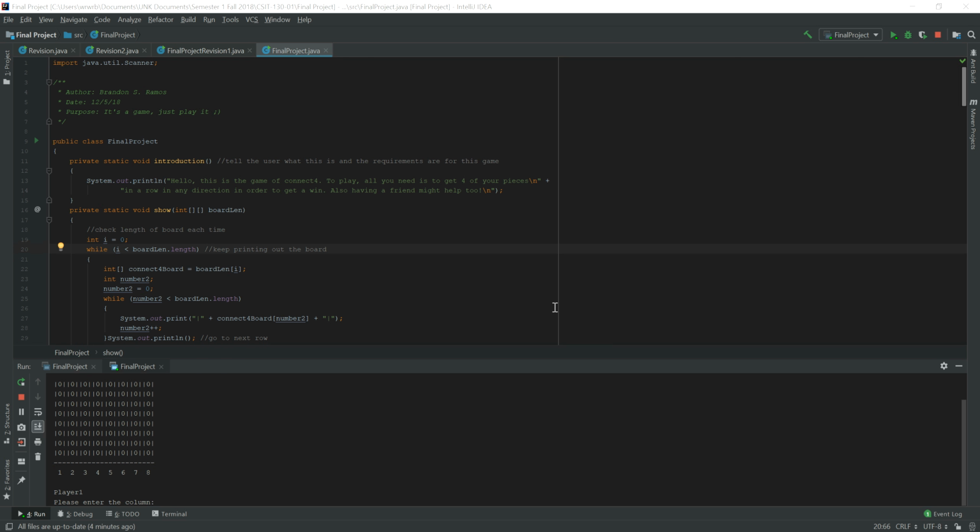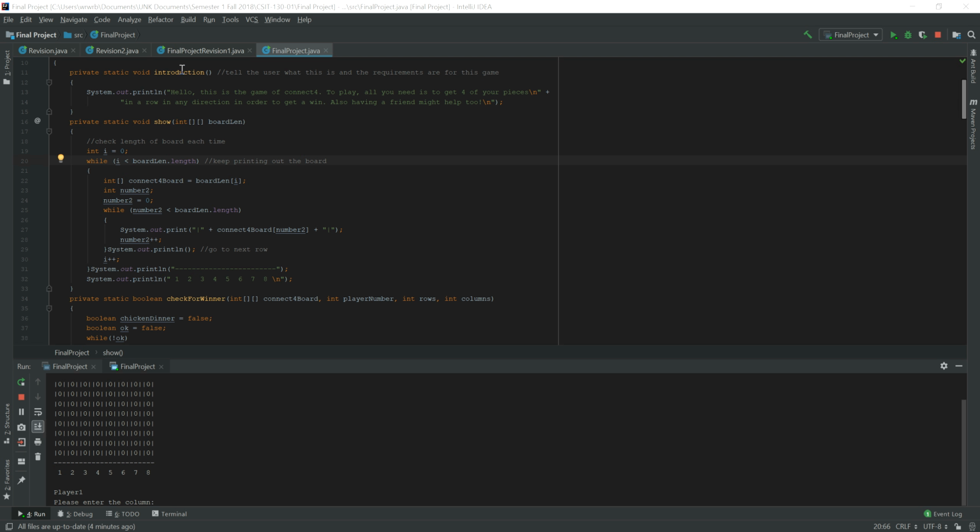So this is my 113 final project. I made an 8x8 Connect 4 board, which is shown right here. Requirements were to make a 2D array, 3 methods that we haven't used in class or weren't shown in class, and input validation. So right here we have inputs, import Java utility scanner, description, our three